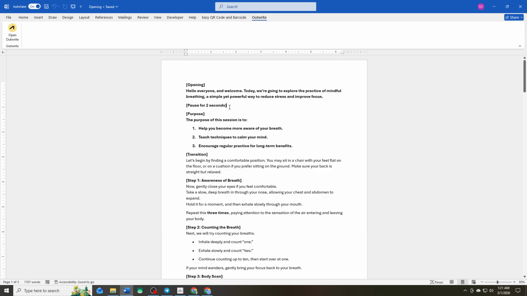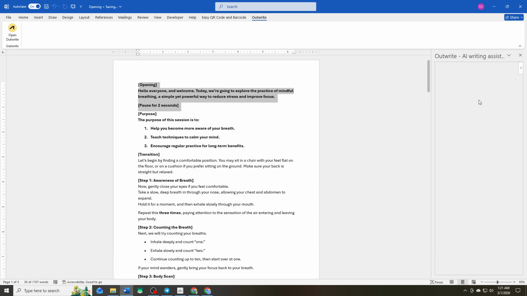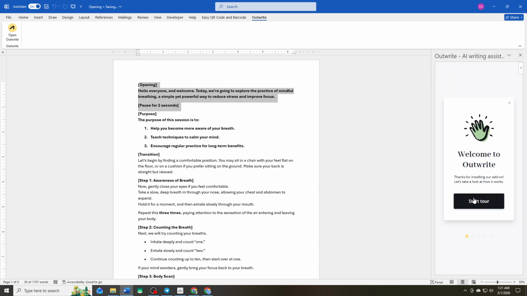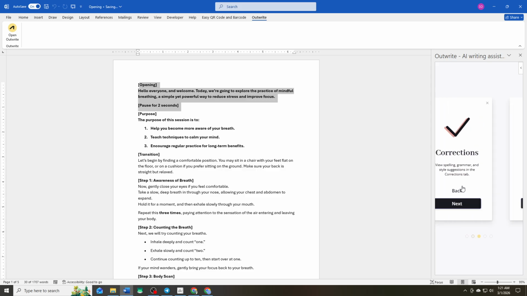To use your new AI add-in, select the text you want to work on or place the cursor where you need assistance. Open the add-in from the ribbon and follow the on-screen instructions. Depending on the tool, you can generate content, check grammar and style, summarize sections of text, or get other AI-driven